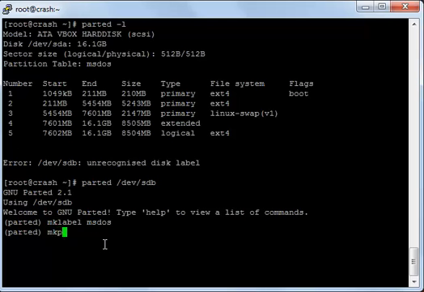I will type another command to make a partition, mkpart, sorry, mkpart not mkpark, and then primary 1 10GB, and that means that I am making a new primary partition. It will be number 1 and it will have 10 GB as size. I will press enter